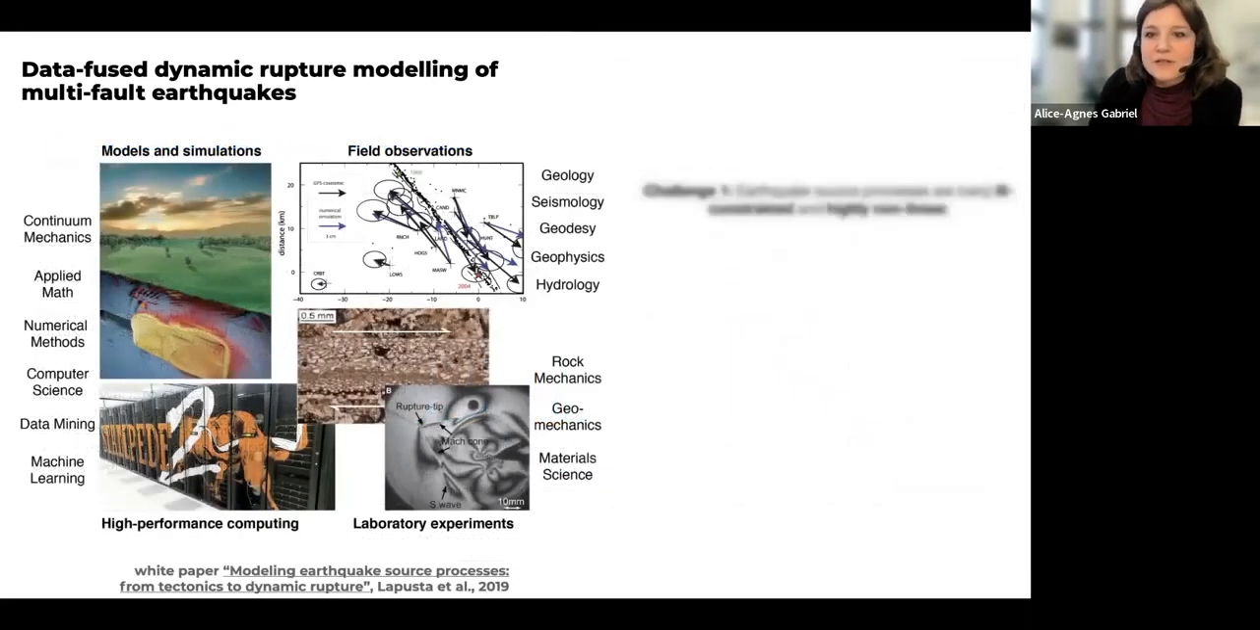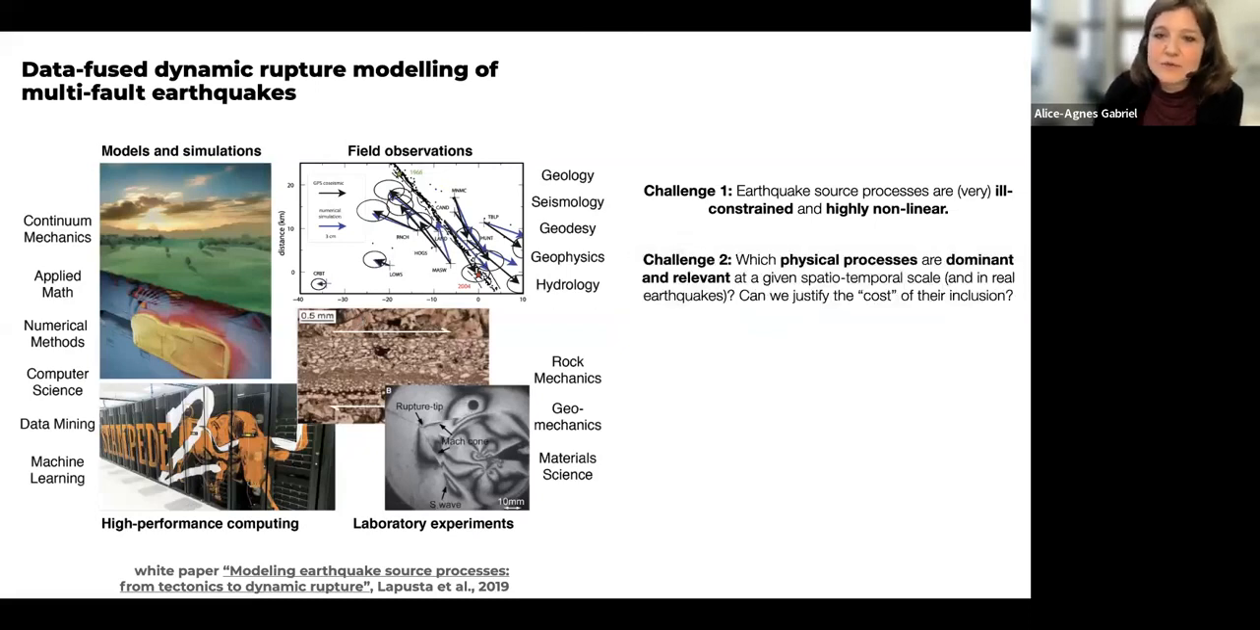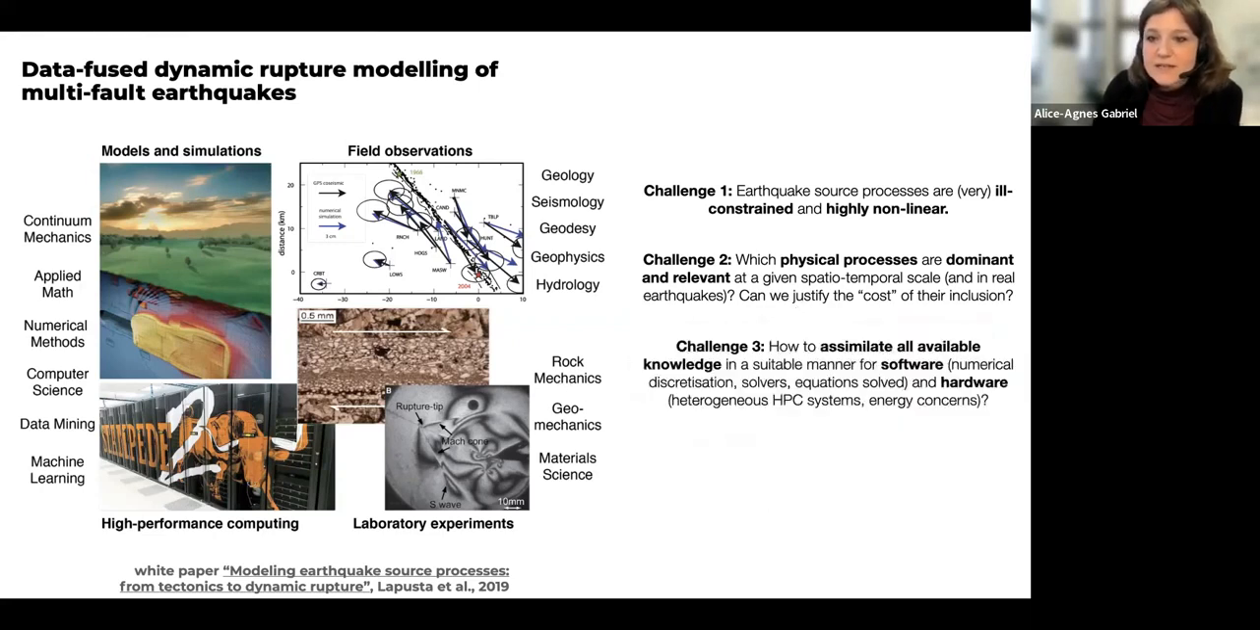Okay, that brings me to the challenges that we have in these kind of models. So first of all, earthquake source processes are ill-constrained and highly nonlinear. We have to decide which kind of physical processes we think are dominant for the question that we want to answer at hand, relevant or feasible to include at a given space-time scale we're modeling, and can be cost-wise justified to model or to include in our analysis. And the third challenge, where this last paper links to, is how can we assimilate what we know and what we would like to include in modern software and hardware